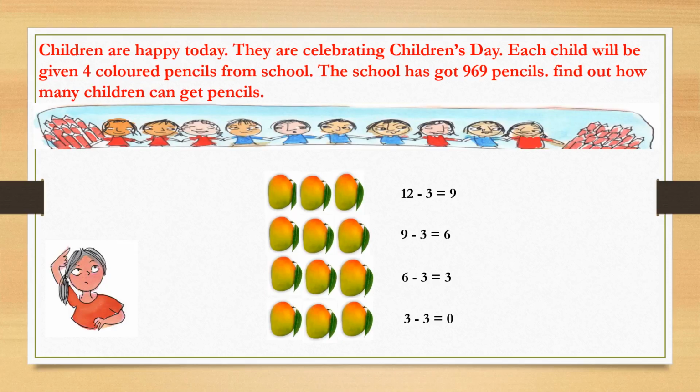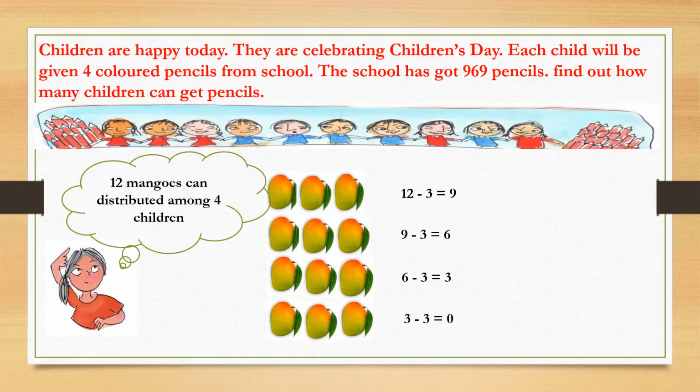When I have distributed 3 mangoes to the first, second, third and fourth child, I find that my mangoes are finished. I have distributed all the mangoes. So we can say I will distribute 12 mangoes among 4 children. Now we all know, to find out the number of children getting pencils, we have to divide